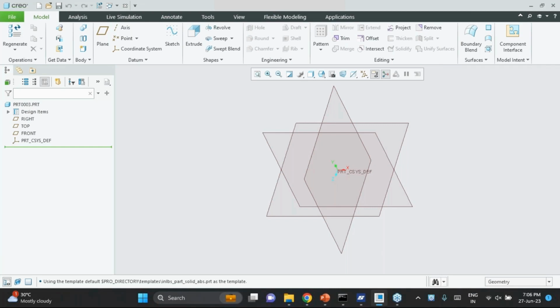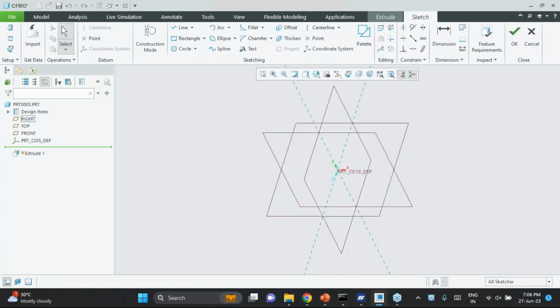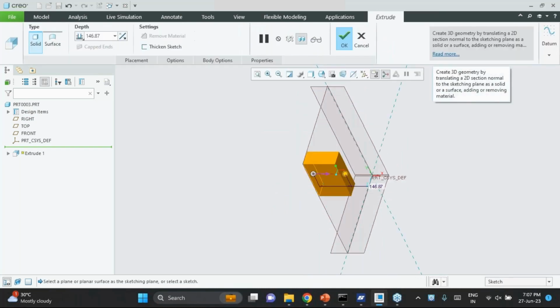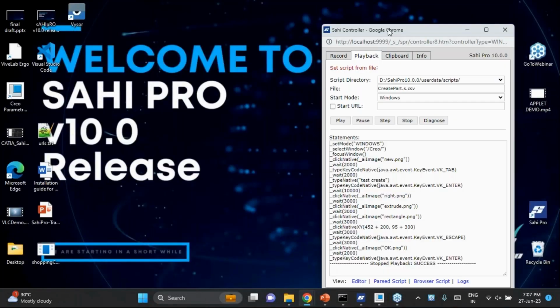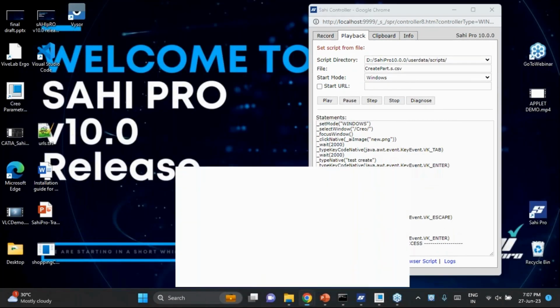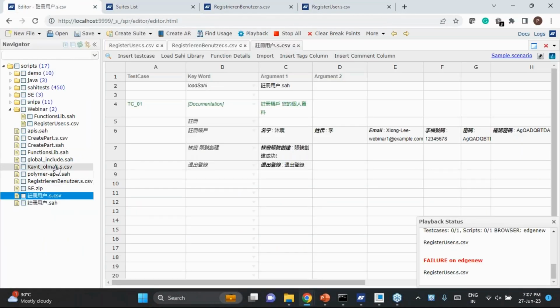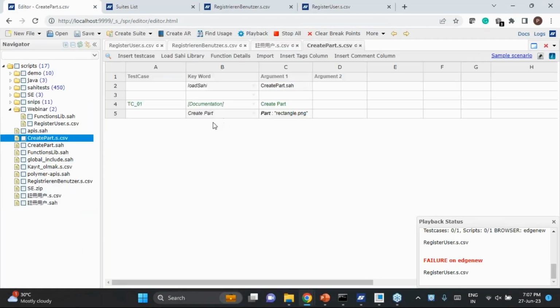We have put some delay so that you can see it properly. So it is completed and you can see the message as success. Now if I open the script editor and show you the script, so this is what it was, create part,